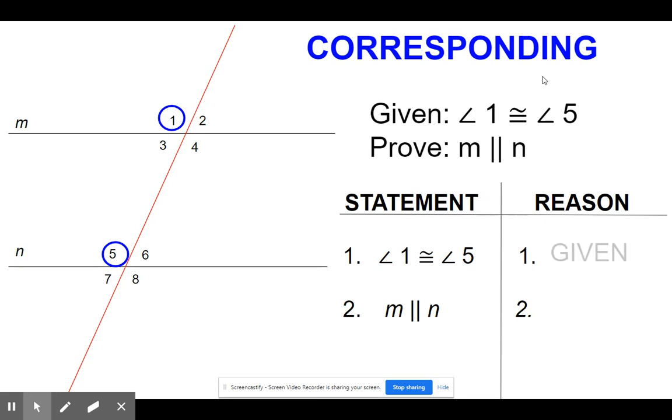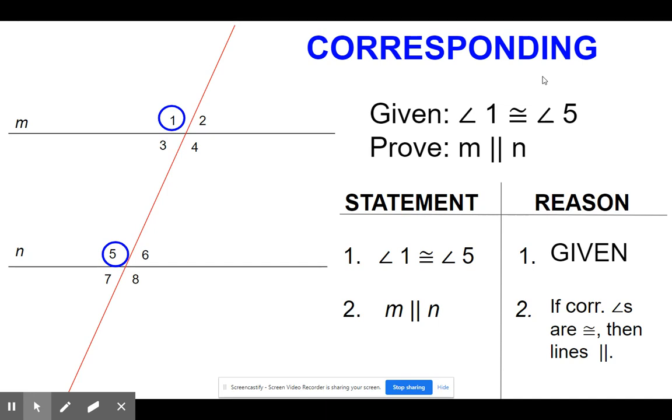Our first reason is that it's given to us. Our second reason is going to be an if-then statement. If corresponding angles are congruent, then lines are parallel. All right, now that you get the gist of how to make a basic proof, let's do the rest of